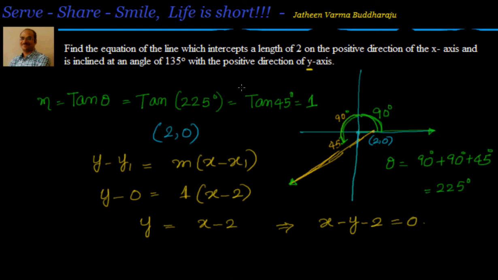The point we have to understand here is that generally we overlook it, since the angle is usually with the positive direction of x-axis. Here it is y-axis for a change. So you have to add 90 degrees more because the positive direction of x-axis and the positive direction of y-axis are separated by a 90 degree angle. So that's about some examples.